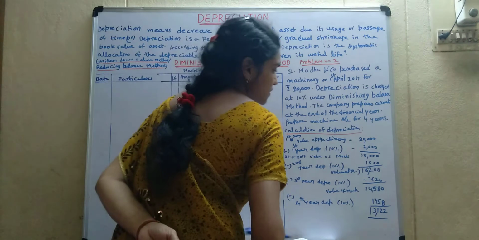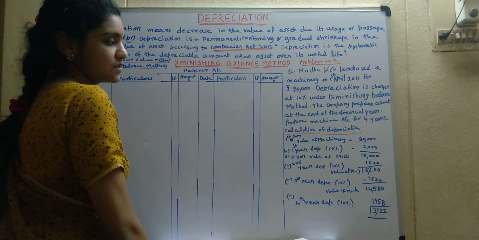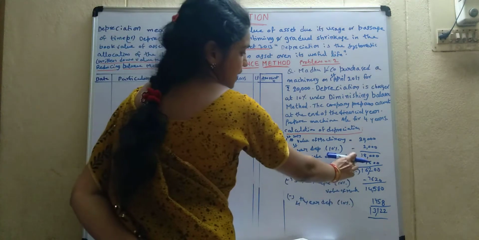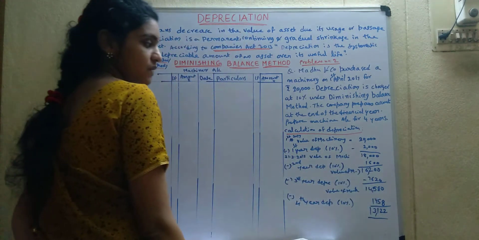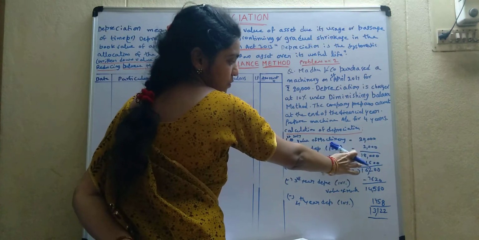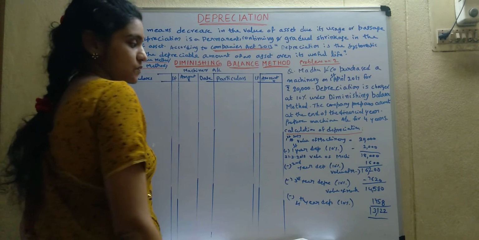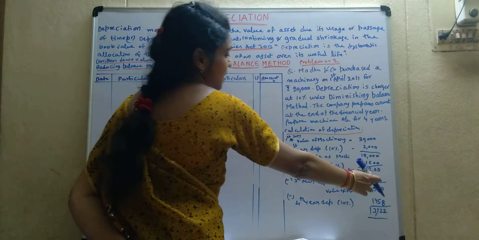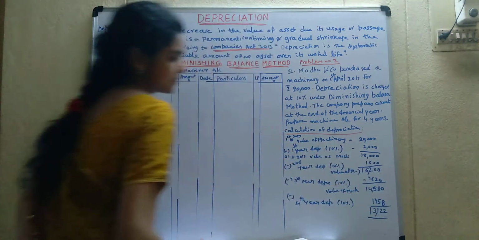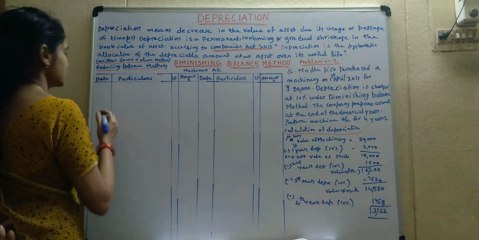Did you understand how to calculate depreciation? We calculate depreciation on the reduced value of the asset. And along with the value of the asset, did the depreciation decrease or not? That's why it is called the diminishing balance method. Let's enter into the account.